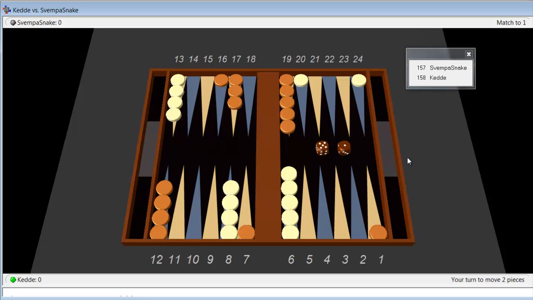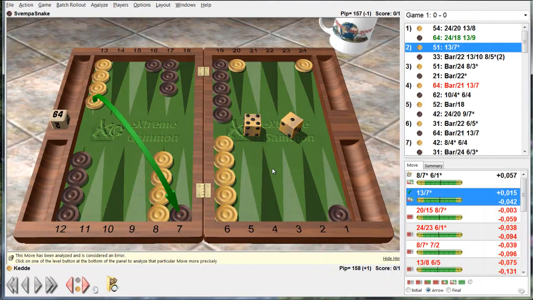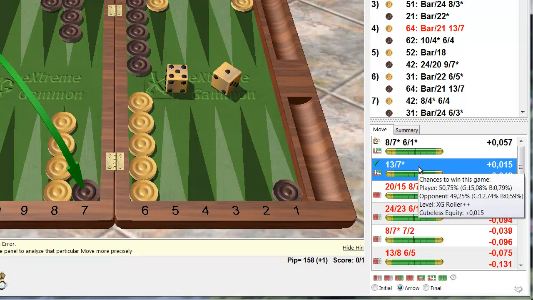It's slightly more correct to make the deuce point. I would like to hit with the 5-1. I could double hit. Let's see what Extreme Gammon says. I played 13-7 with one hit, and as we can see here in Extreme Gammon, 13-7 is incorrect, and you